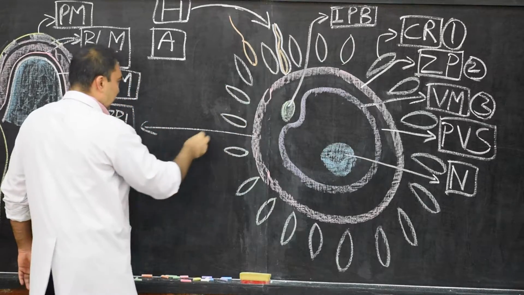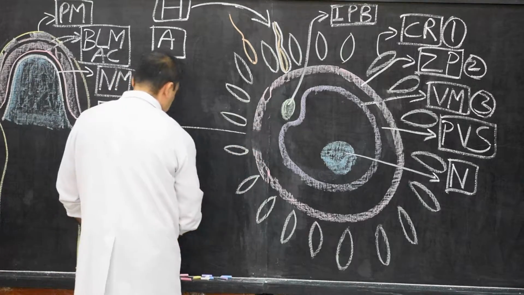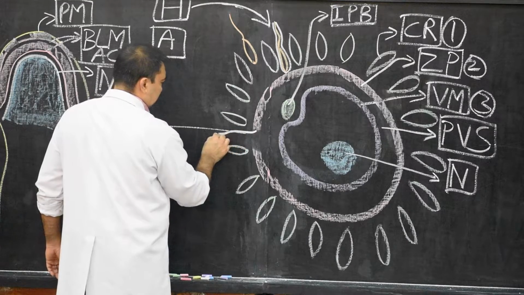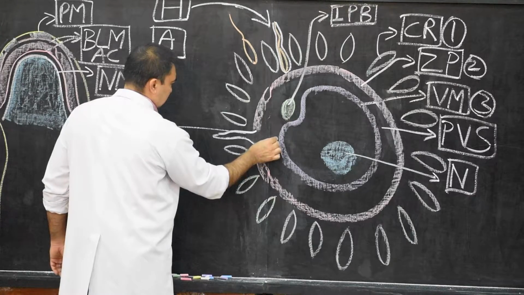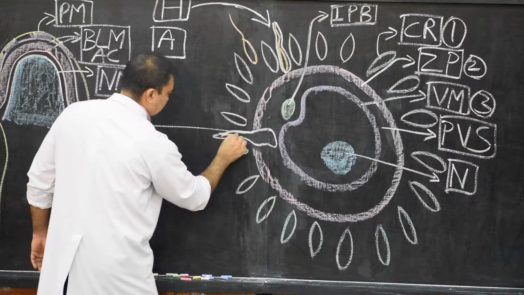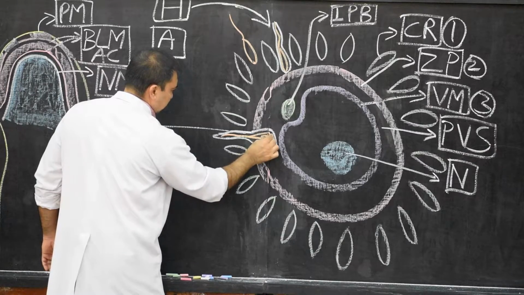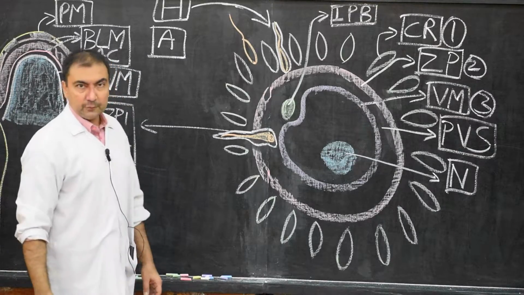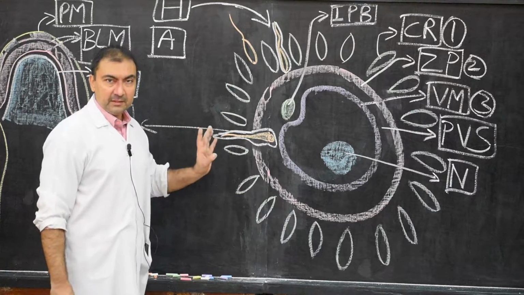Here we need to draw. So therefore, at this point we are going to draw. Please note down, we are going to draw at this point. What we are going to show will be this entire structure. Now this is the plasma membrane which I have drawn, and here I am going to draw the spermatozoon. So please draw the spermatozoon, and outside is the plasma membrane of the spermatozoon, and therefore it has crossed the second barrier. It is lying in the perivitelline space because of acrosine which is released.